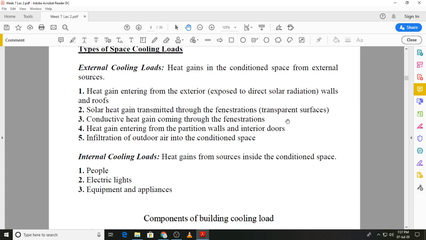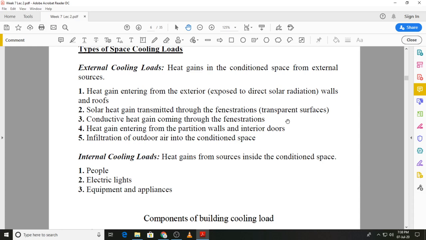The infiltration can occur, of course, because when doors are opened as people enter the conditioned space and leave the conditioned space, there will be some entry of the outside air into the conditioned space. In addition, the frames of the doors and windows also have small gaps through which this air will enter into the conditioned space. We can try to minimize the effect of infiltration, but it will be there, so we have to keep it in our